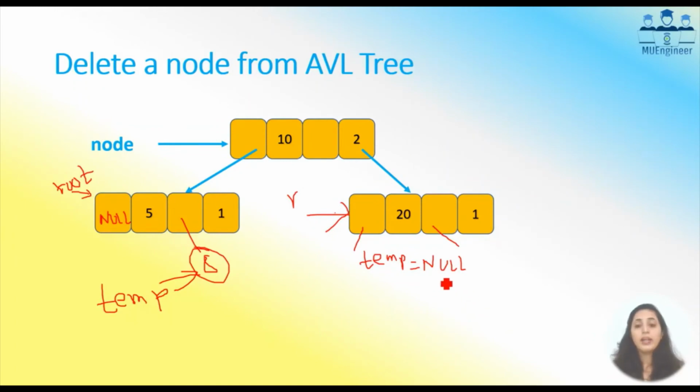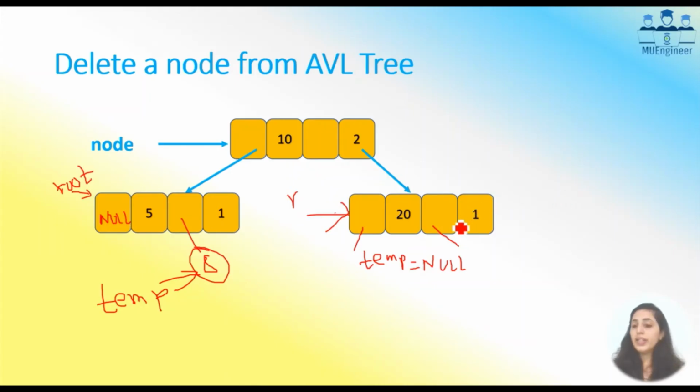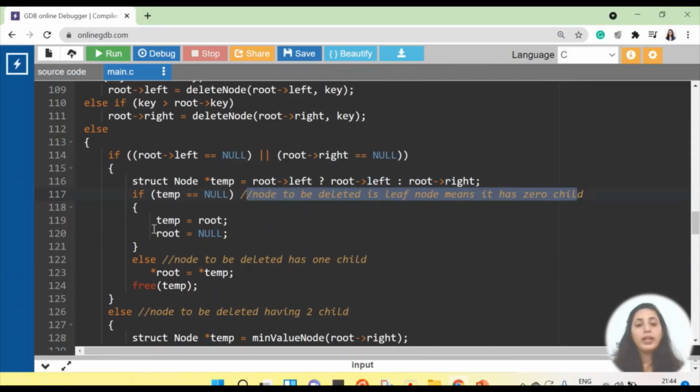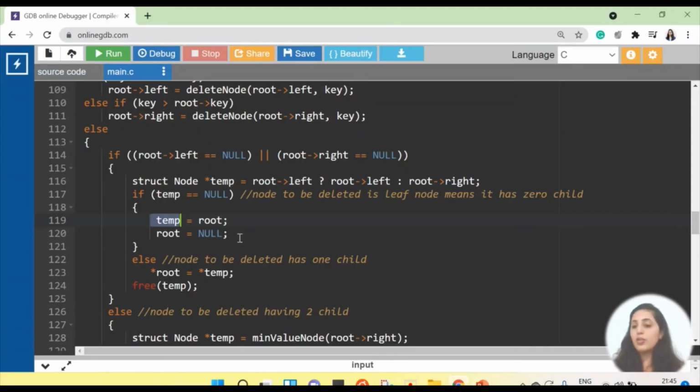So we are checking that if both the values are null, then in that case we can say the node which I want to delete, I have reached that node but it is a leaf node, it has no child. Okay, और leaf node को delete करना बहुत easy है. So how do we do that? हम लोग क्या करेंगे? Temp will now point to root. So temp जो null किया है वो अभी root मतलब इस node को point करेगा. So temp will also point to this node. Temp is no more null.